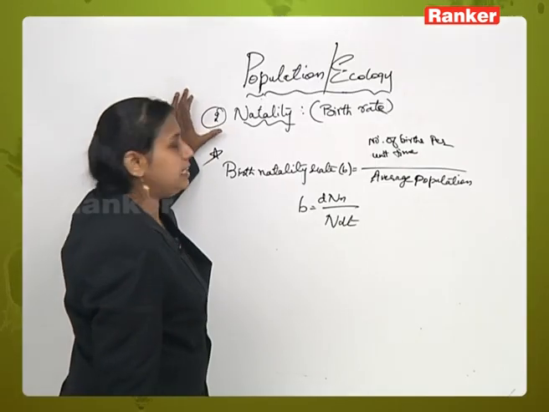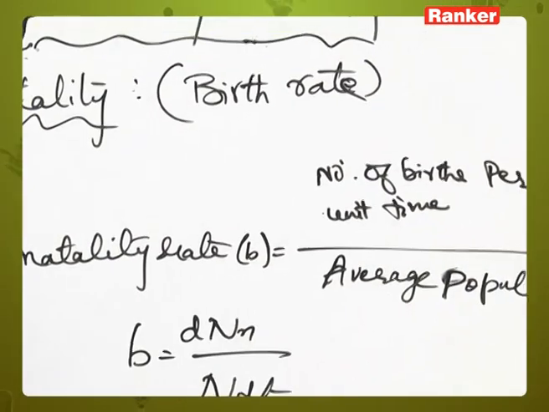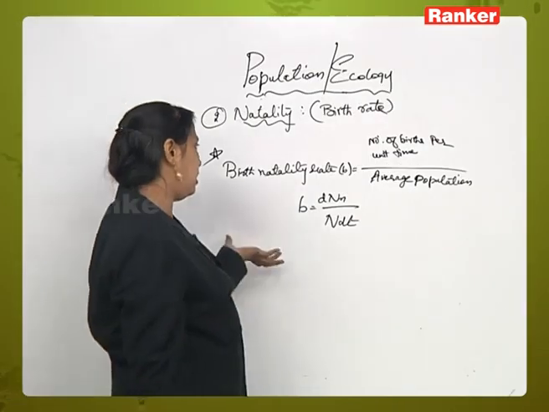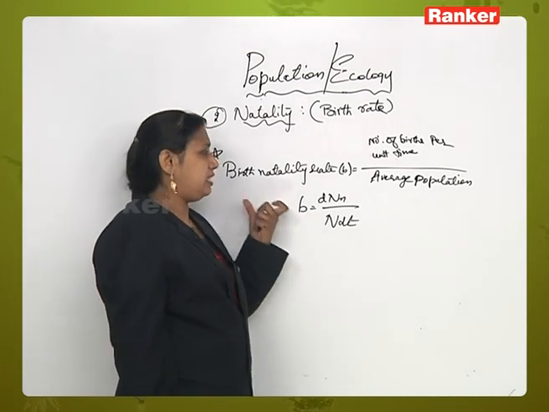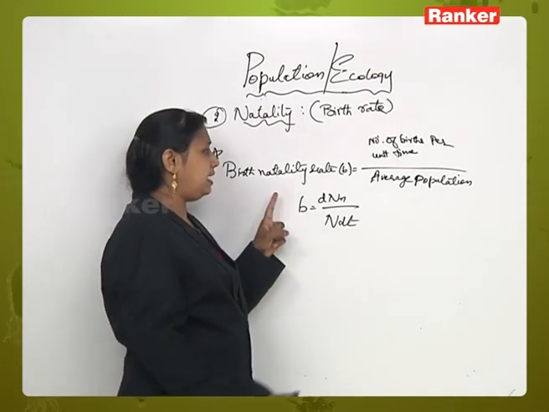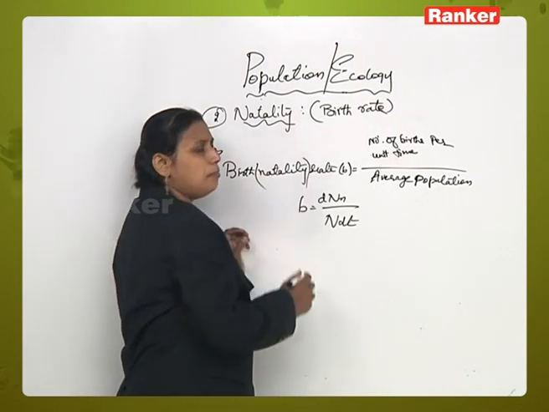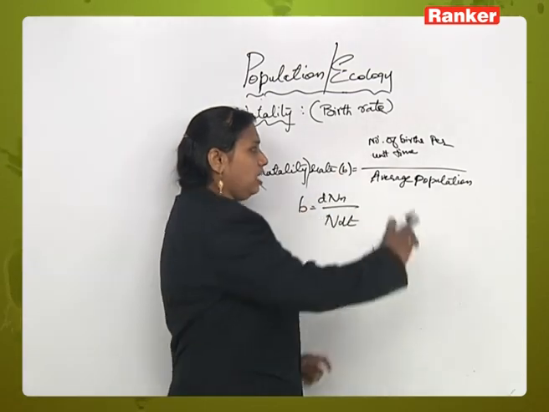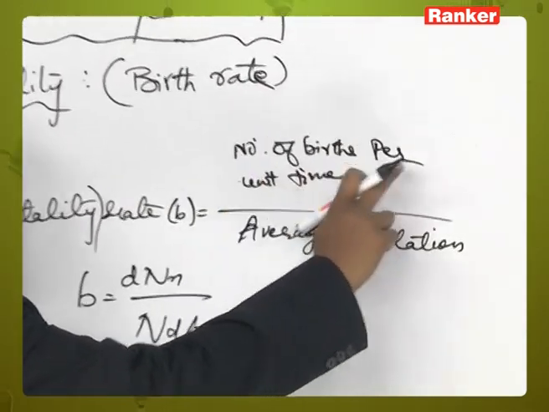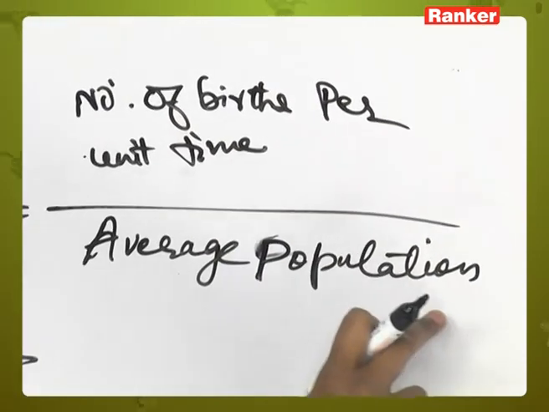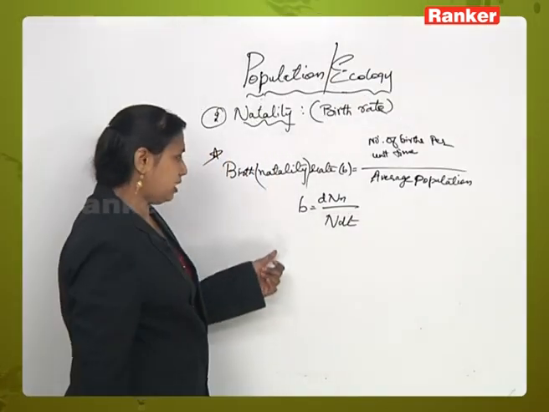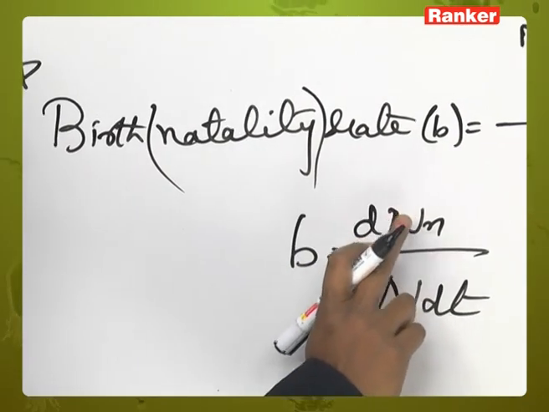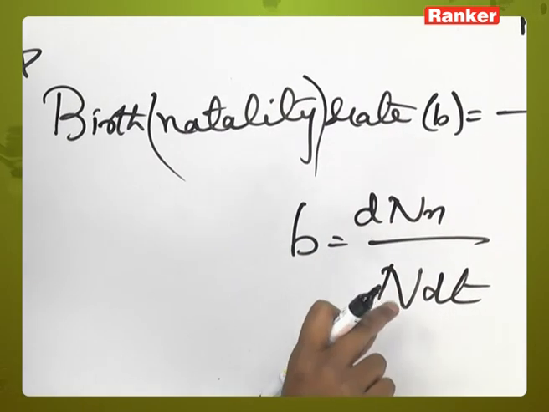Okay. Now, natality means, as we said, it is a birth rate to increase the population of individuals in a particular population, which can occur by different processes, as I said earlier. Now, when we are measuring the birth natality rate, we can also call it the birth rate, which is represented by the letter small b. It is nothing but a ratio of number of births per unit time divided by average population, which is denoted by the formula here. B is equal to small d capital N into small n by capital N d time,